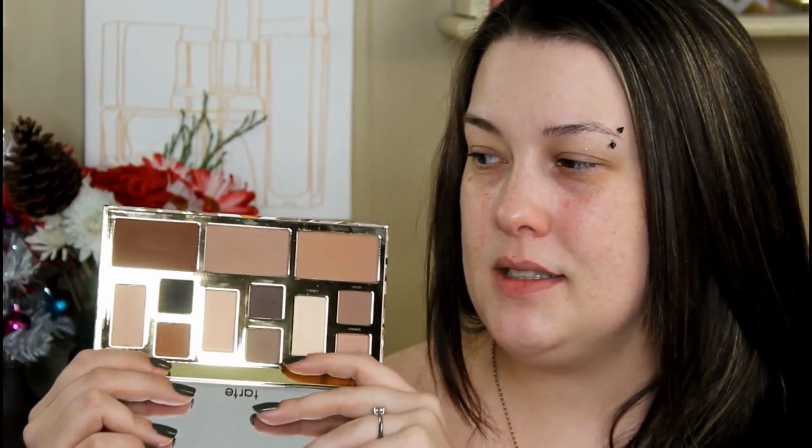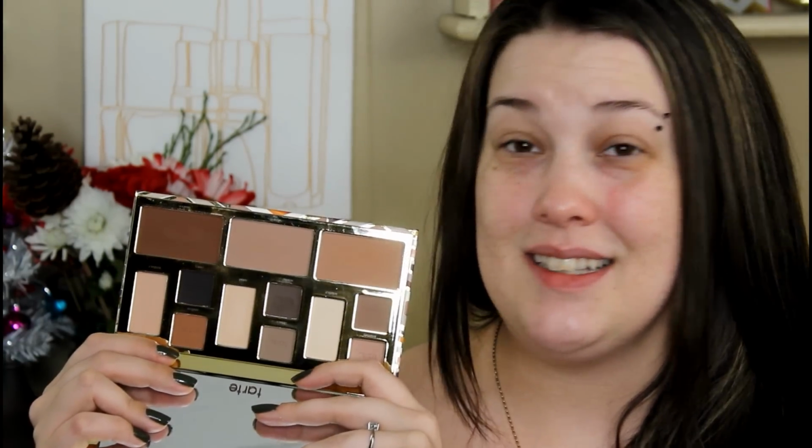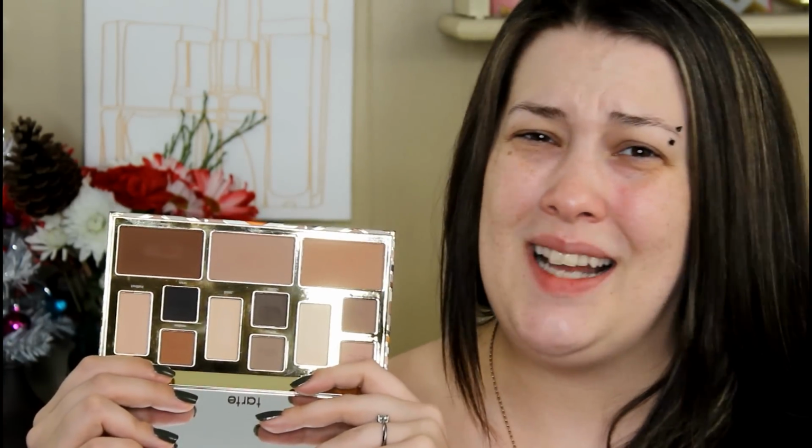First, the Tarte Face Shaping Palette. We're going to play with this. This was on sale the other day for like 20 some odd dollars. Comes with a huge mirror, which I like, but this is what it looks like. If you can see it against the glare, probably not. But this is just like a natural, neutral kind of everyday palette, which I love those because I use them